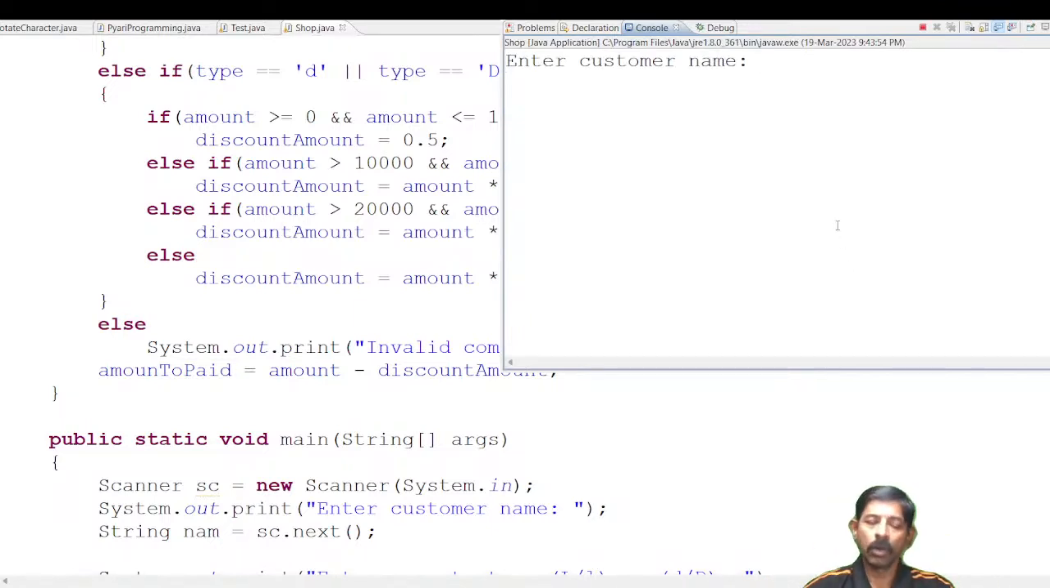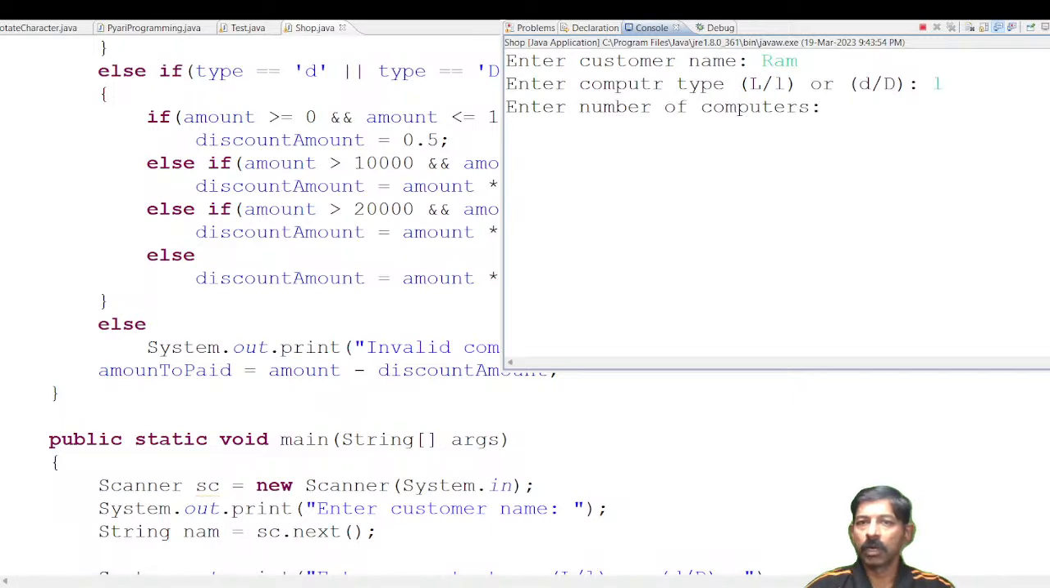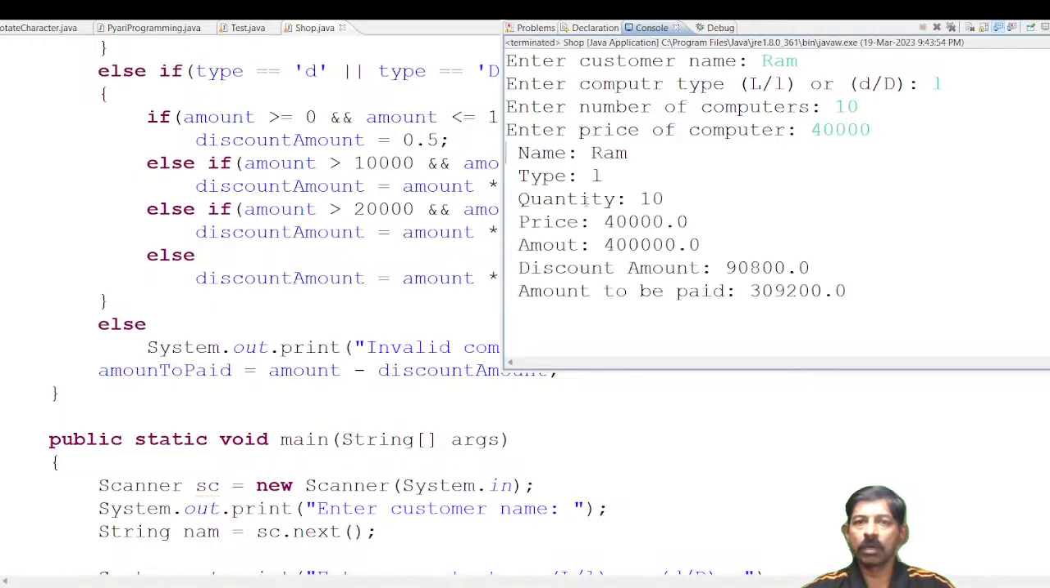Okay. Now computer name, customer name, again I am saying Ram. Now I am saying laptop now. Here I am saying number of computers 10, price of the computer 40,000. Now we got name is Ram, type is L, quantity is 10, price is 40,000, amount is 40,000 only because one computer I have purchased, and after quantity is 10, then 40,000 into 10, बस एक